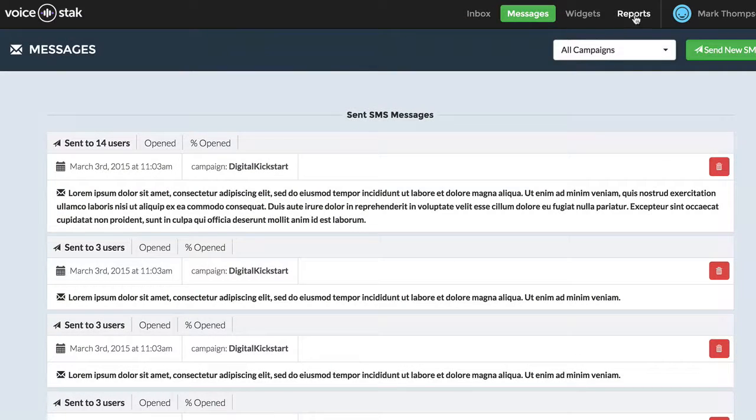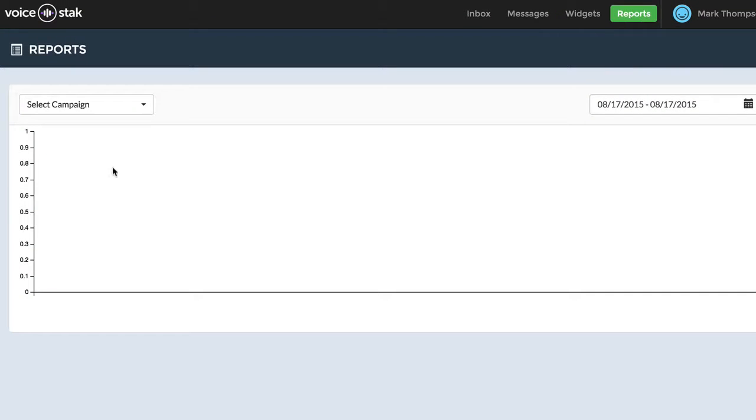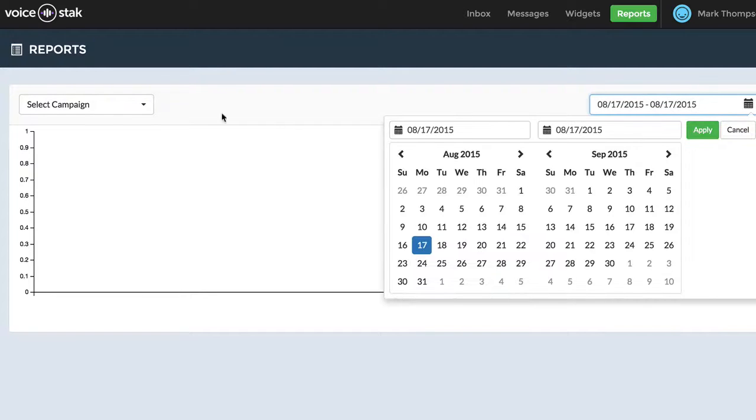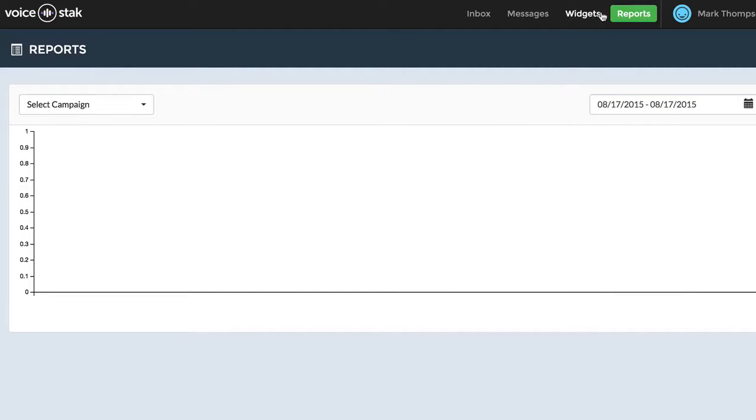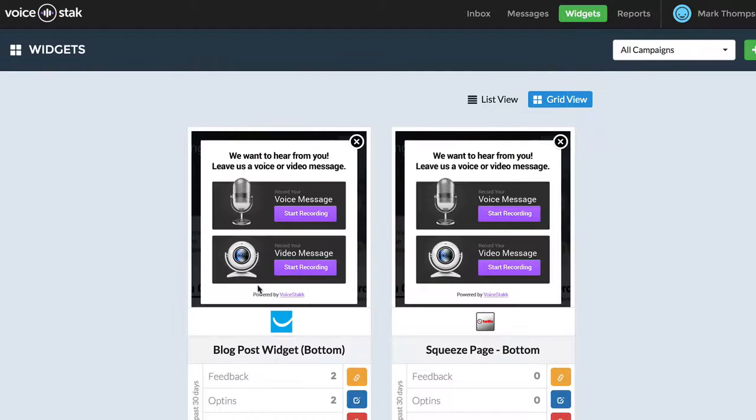Now, there's another thing you can do, you can click on reports, and as people start to opt in and start to send you messages, you'll be able to gauge your interaction and engagement right from this screen. So you'll be able to choose your date range. You can select a specific campaign, and you'll be able to see your reporting. So as you can see, guys, it's very simple to set up. Here's just a few widgets that I created quickly. You can see the number of clicks, unique clicks, the number of opt-ins, and the number of people that have actually given feedback. Okay, and so this is obviously great for collecting testimonials,